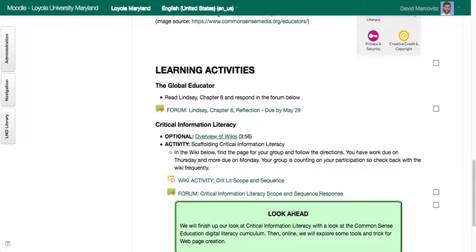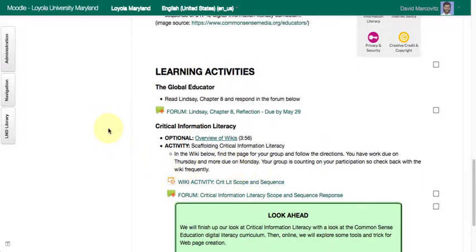I want to give you a quick overview of our wiki activity for this week. This is just in case you've never used a wiki like this before, and I'll give you some pointers. So we have this week's screenshot of our Moodle course, and if I go down to wiki activity, in this case I've created one wiki for the entire class to use, but as you'll see I've divided it into several pages. So I'll click on wiki activity,